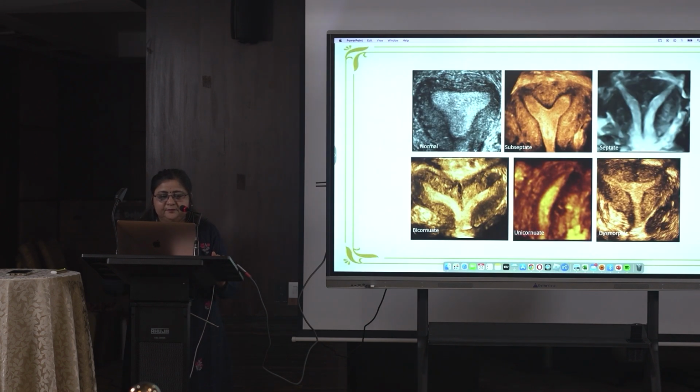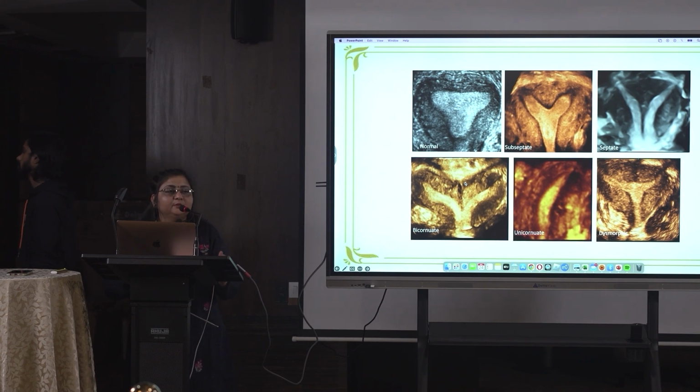So next, again I have put the slide to look for all this. Now you can easily understand, no? So this is a subseptate or arcuate, or this is septate which is going till down, and the angle is less than 90 degrees, and this distance is more than 10 millimeters. Then